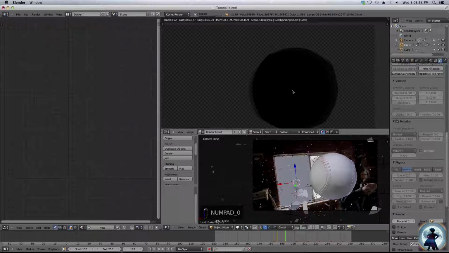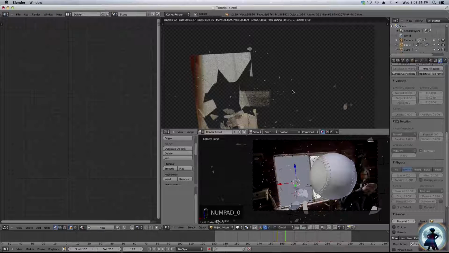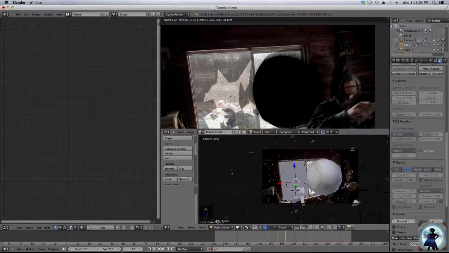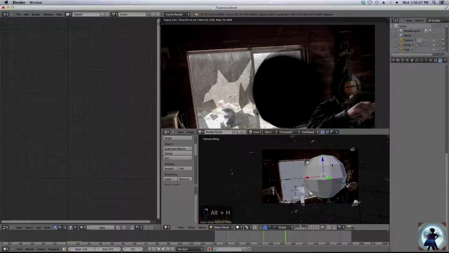Wait, I'm getting a black baseball. And also that sphere is rendering as well. So that's a few of the things we gotta fix. So Option H, unhide everything. Grab your sphere that it's tracked to, and